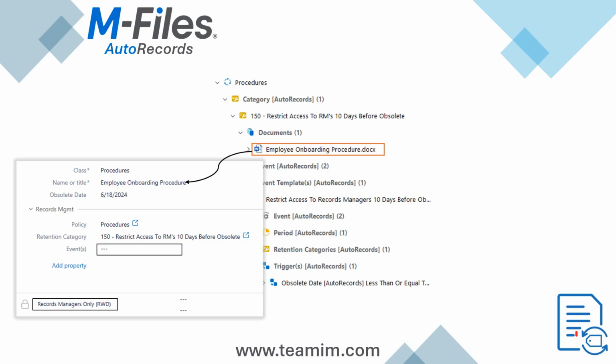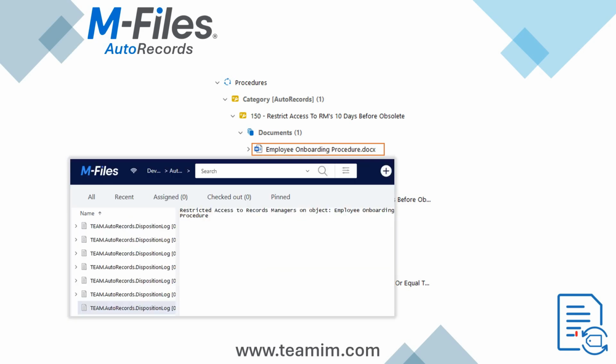Looking at the permissions, we can see they have been changed to records managers only. Importantly, if there had been an additional event scheduled to delete the file 30 days after the obsolete date, that event would still be visible. Beyond looking at the document, AutoRecords creates a disposition log, which will show that the employee onboarding procedure was restricted